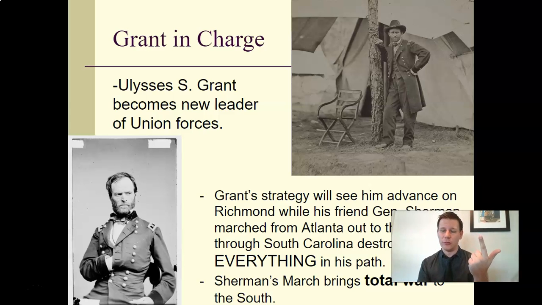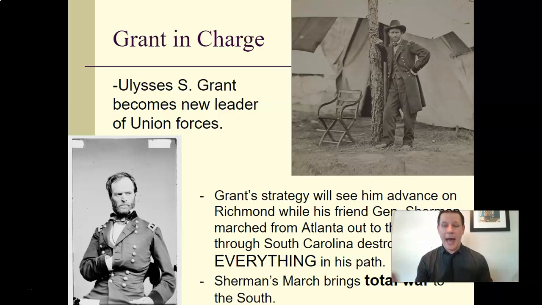All we need to do is lean on the South over and over and over, and we will whittle them down, we will wear them out, and take away their ability to fight as long as we don't give them any breaks. We got the men, we just need to use them. And so that's basically Grant's strategy. He's very blunt, but once he's in charge, he is relentlessly attacking the South again and again and again and wearing them down. And each time the South retreats, he's gaining a little more Confederate territory. He's killing a little more Confederate soldiers, and their army is getting smaller and smaller each time.